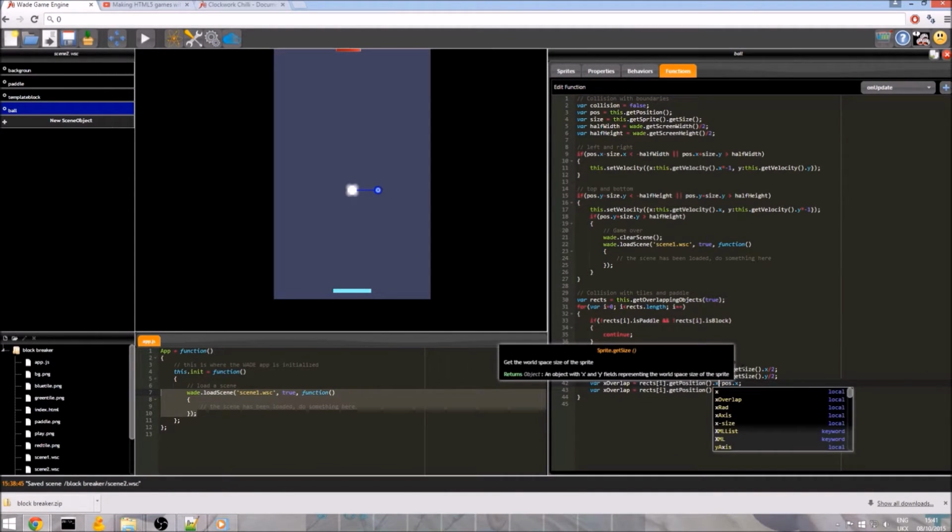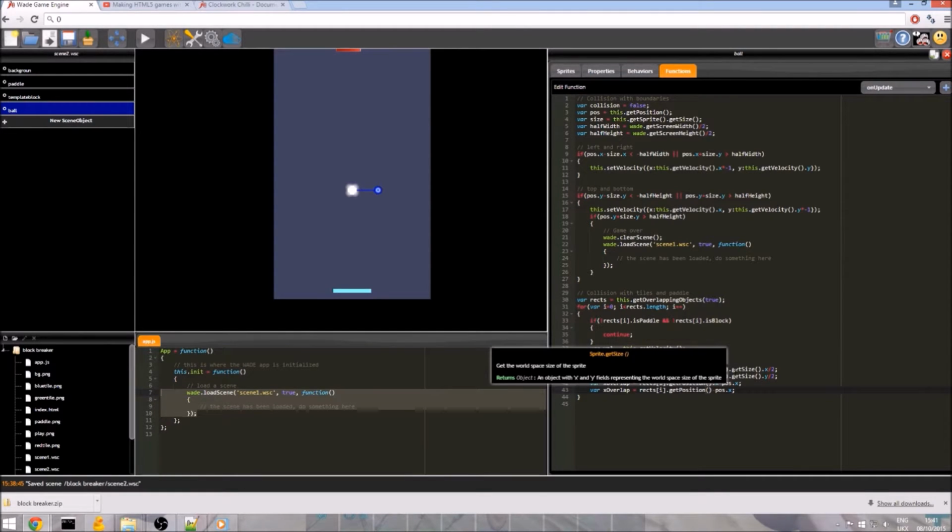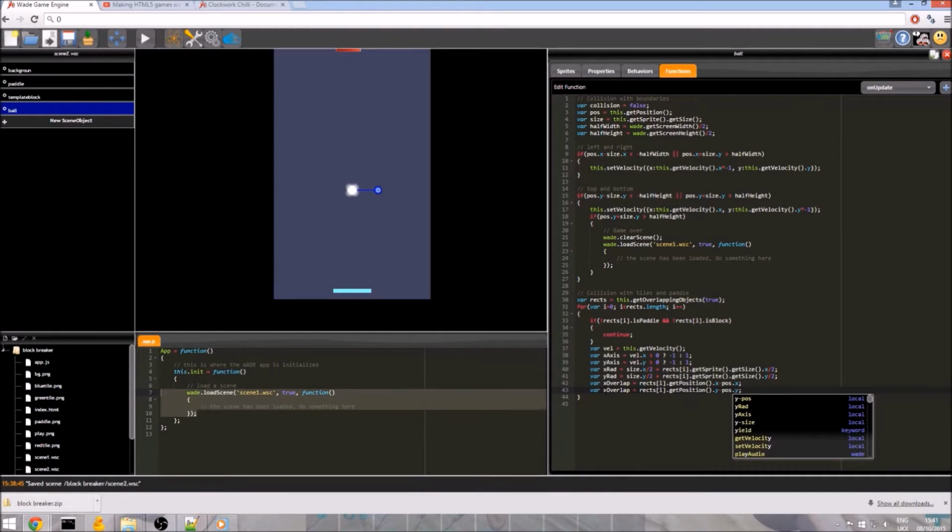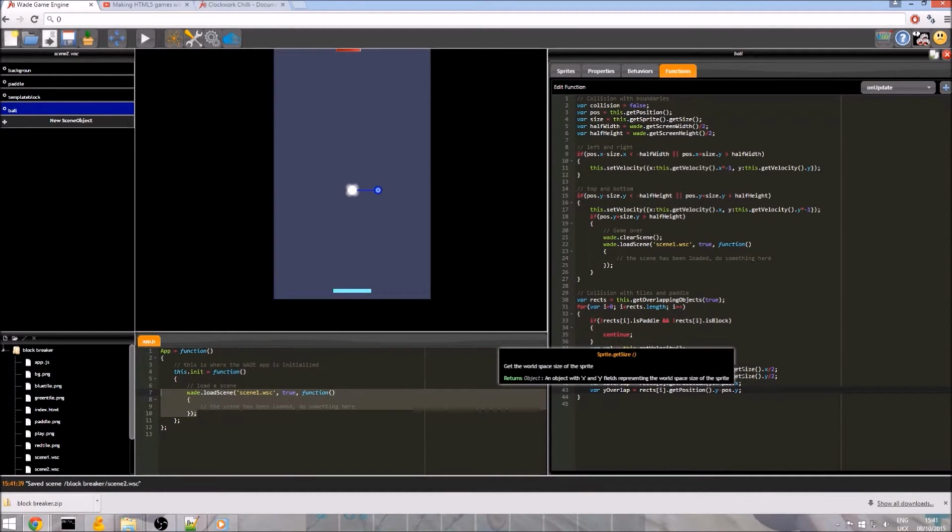So I just need to go and put .x here, .y. I'm using copy and paste a lot, I apologize. Just make sure you get the x's and y's on the right one. So basically we're calculating these properties for each axis. Okay. Now we've got this far, we can finally calculate the overlap.